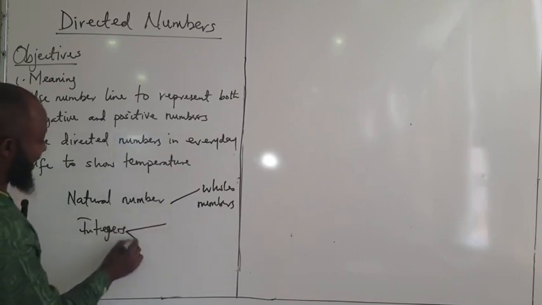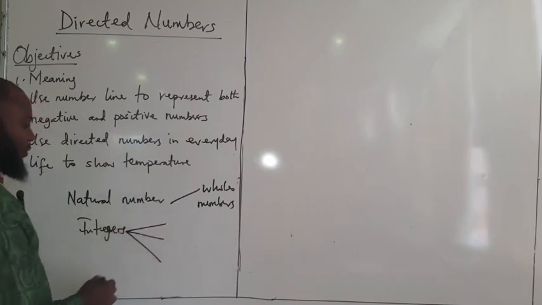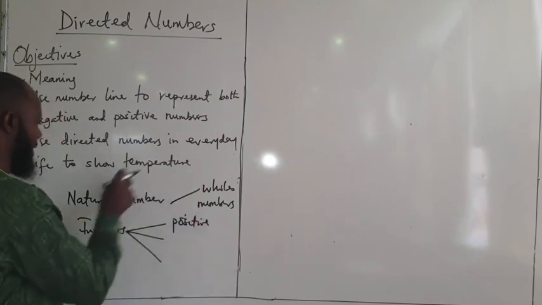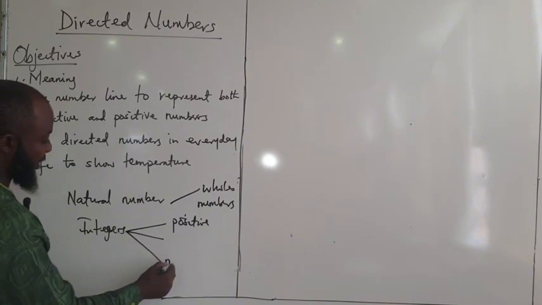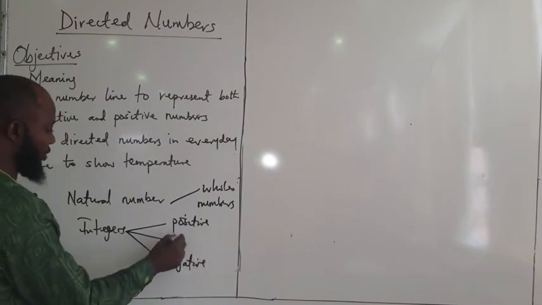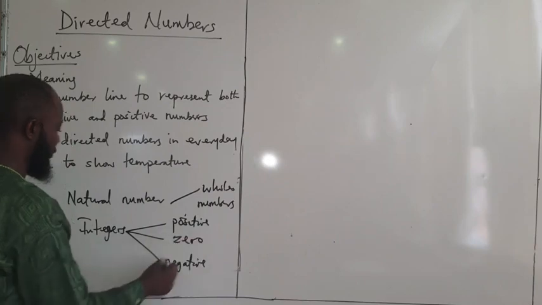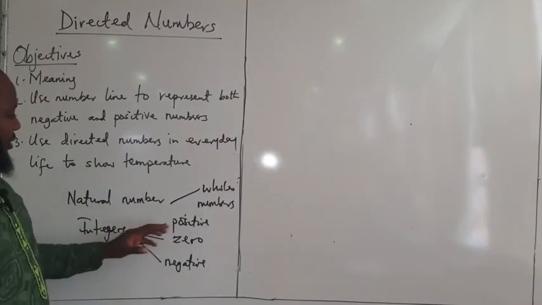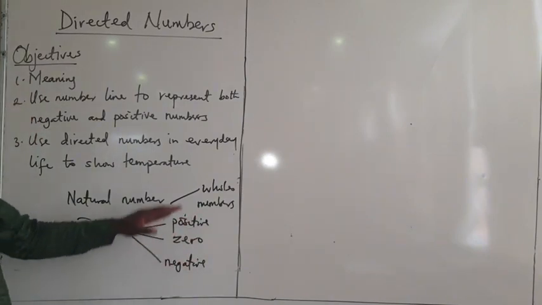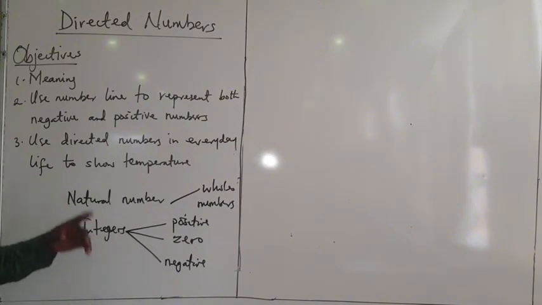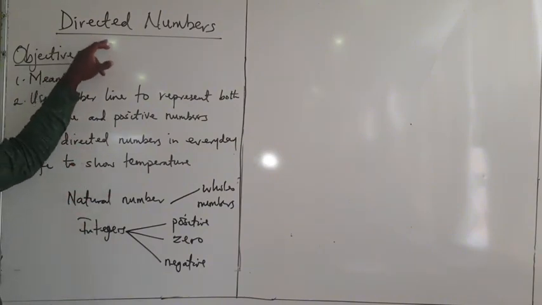Which is now divided, I will put it in 3 forms. We have positive natural numbers, and we also have negative natural numbers. We now have at the middle 0. So 0 is also an integer. I hope I'm very clear. So integers are both positive and negative whole numbers, including 0. Now when we come to directed numbers,